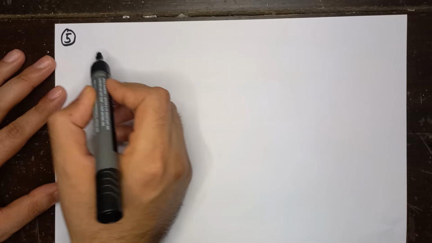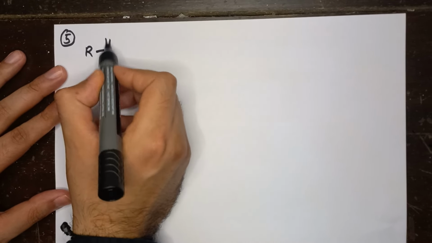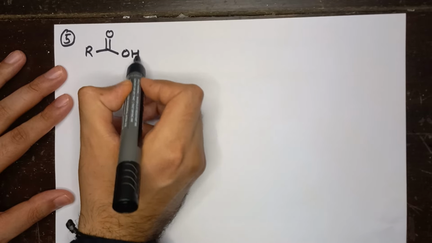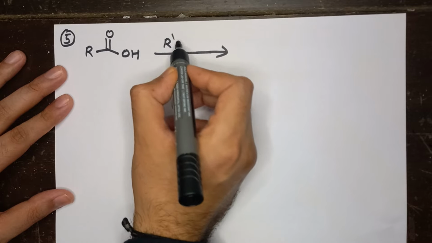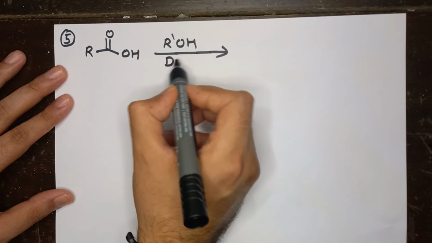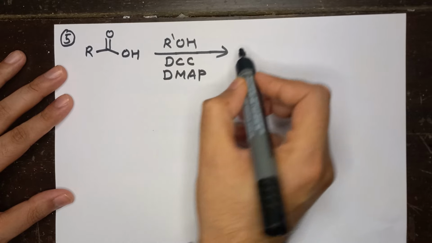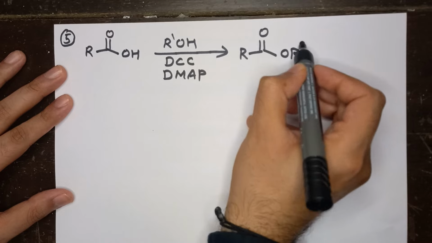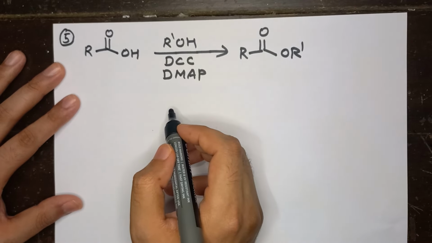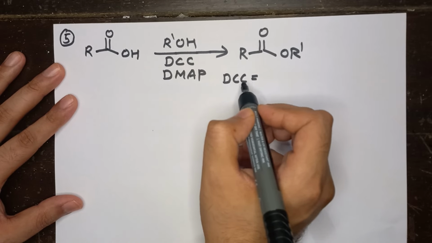Okay, now let's talk about the fifth method. So suppose I have a carboxylic acid. I'm reacting it with alcohol, DCC and a DMAP, and this is giving me the ester. What is the structure of DCC? Well, DCC is what we call